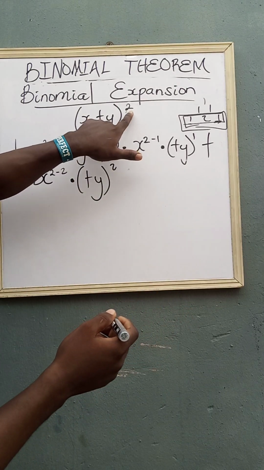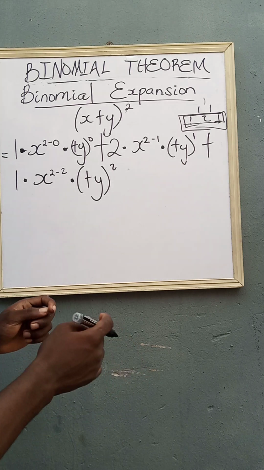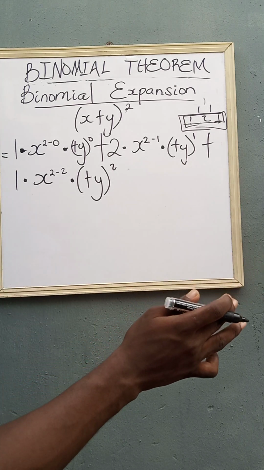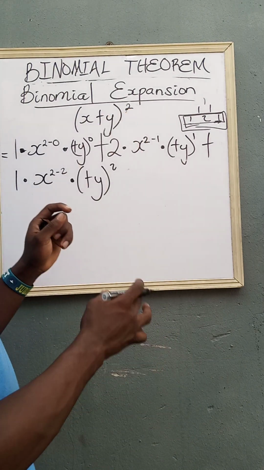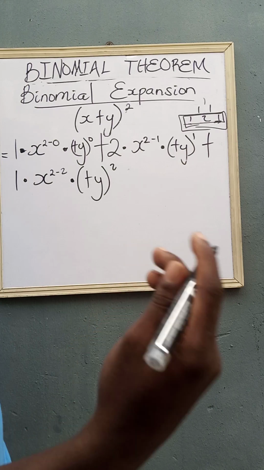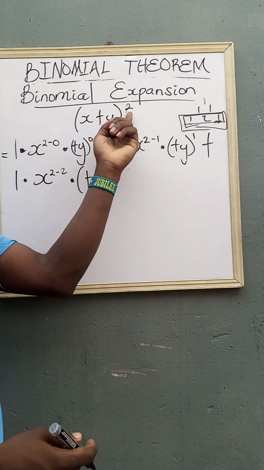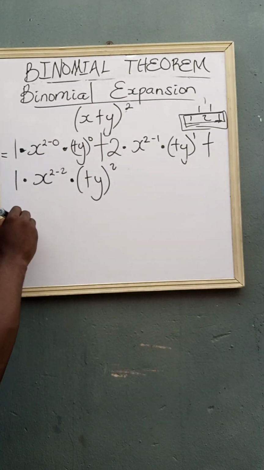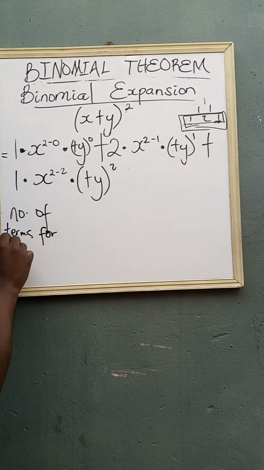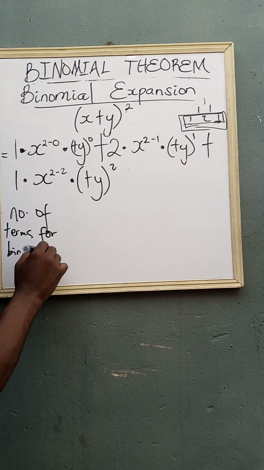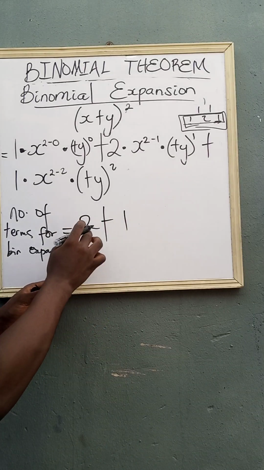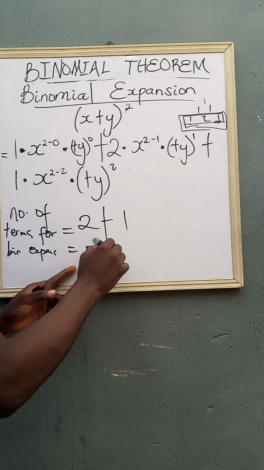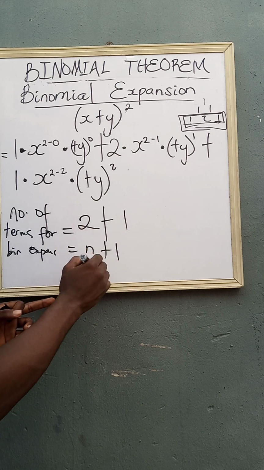So what does that tell you now? It tells you that the power you have determines the number of terms you have for your binomial expansion. Now here my power is 2. To get the number of terms for the binomial expansion, it's my power, which is 2, add 1. That's the power plus 1, right? So that means we are going to have 3